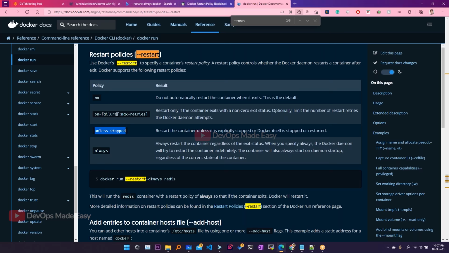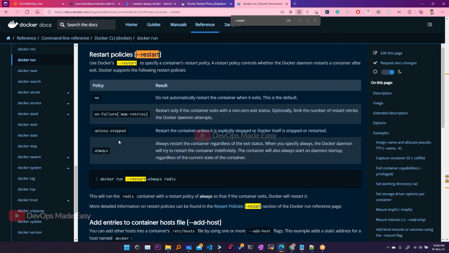Now the other one, on-failure. That means if the container failed due to an issue, then only you restart it. If the container is successful in executing a particular process, that is not a failure, that is a success. A process is something that does some useful work for us. So if the process is completed after running our required logic, that should be considered a success, not a failure. So in this case, restart the container on failure only, not on success. Understood?